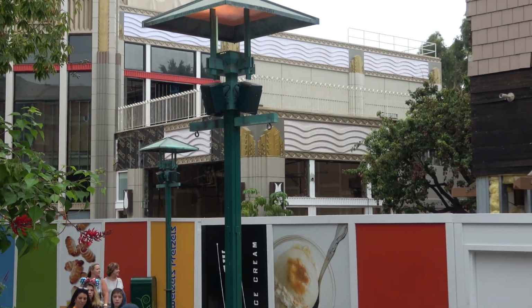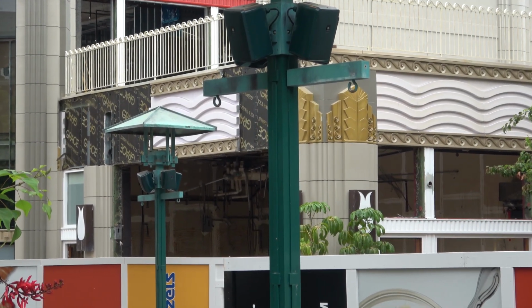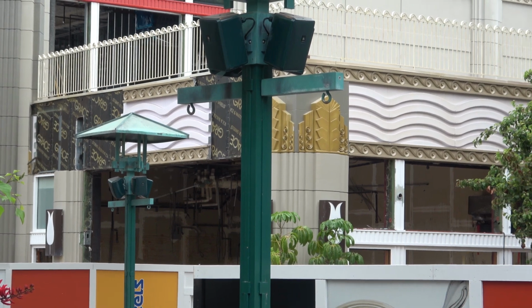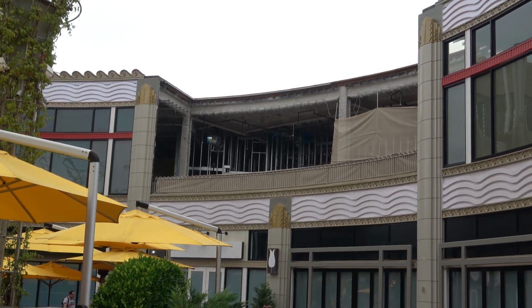And then there is the Salt and Straw. Can't tell if that's nearly demo or not yet demoed or building. And then over here, look at that. They just recently have gutted Wetzel's Pretzels. That had stayed there for a while behind the walls, but now it has been gutted. So there's no progress to be made here. Moving over to